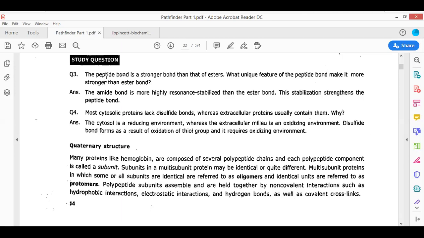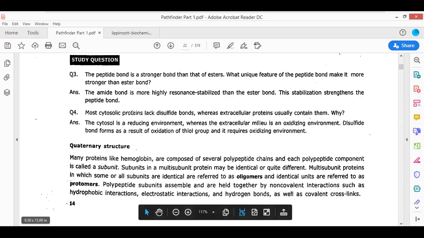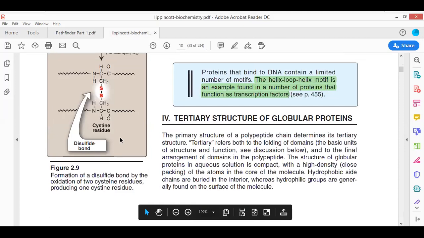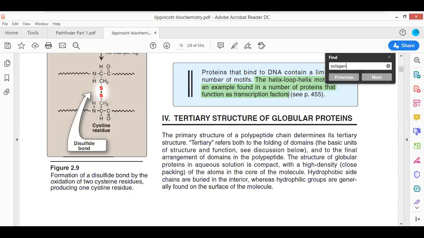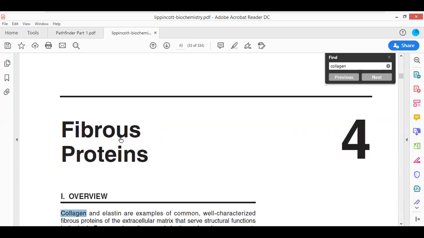Coming to question number four: most cytosolic proteins lack disulfide linkages, whereas extracellular proteins contain disulfide linkages. Now, to answer this particular question, I would like to show you something in the Lippincott. Okay, so we will have to look at collagen, a very important molecule, one of the most abundant proteins, an extracellular protein which is present in the